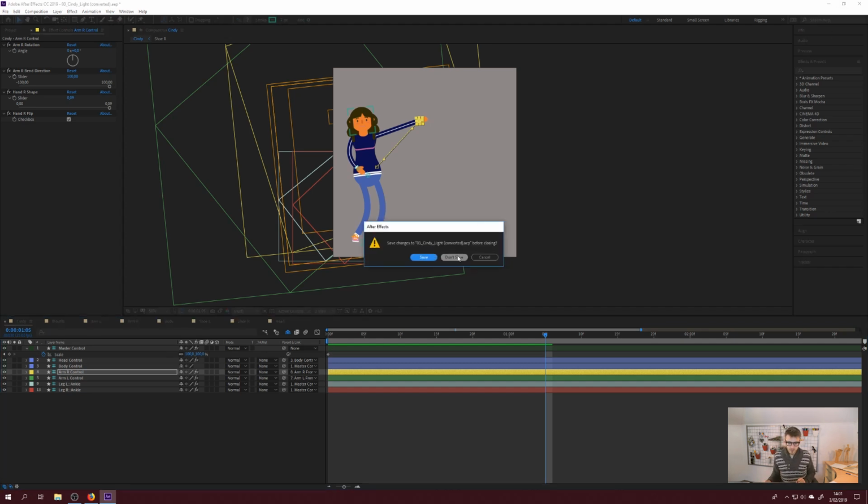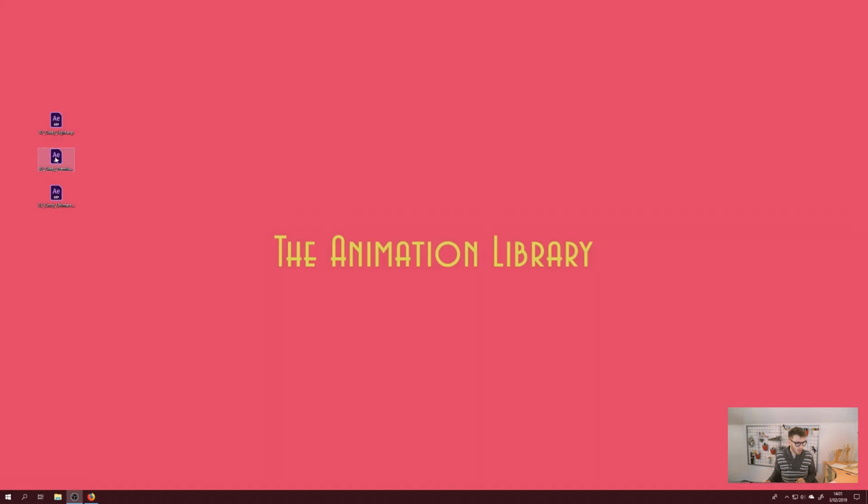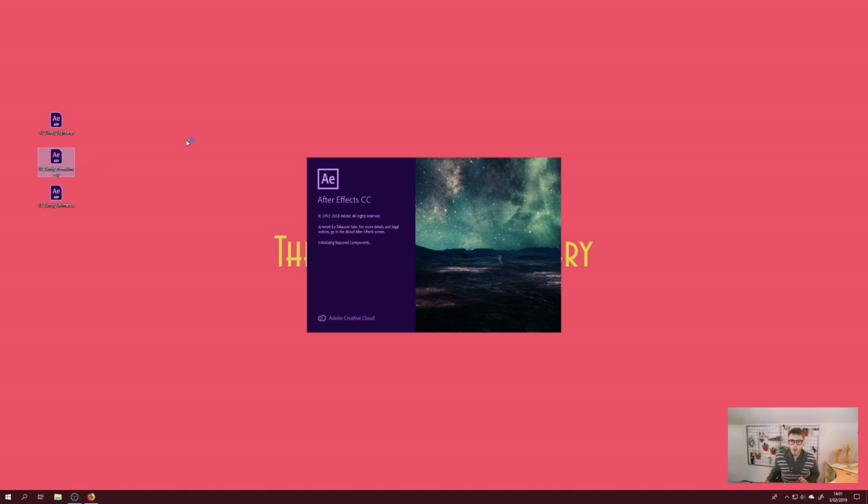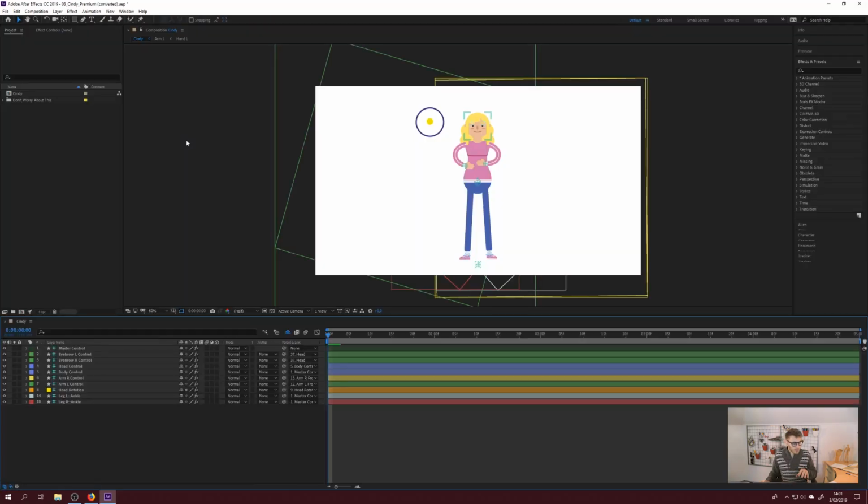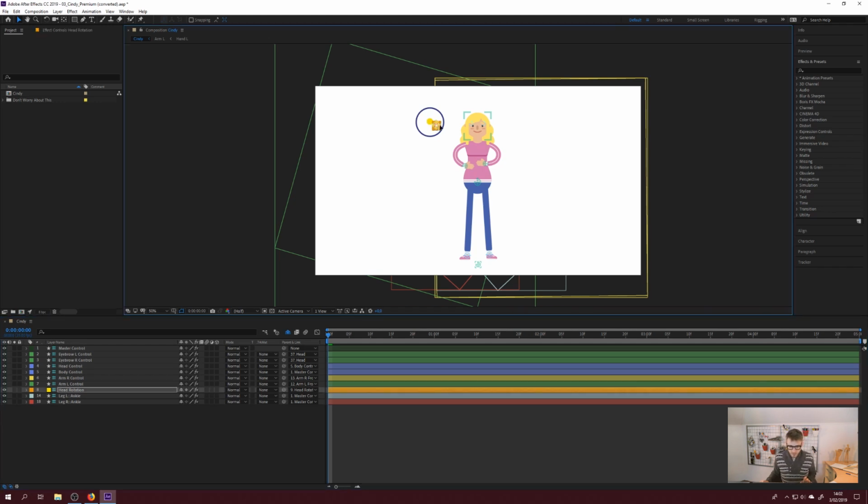Let's close this, don't save, and open Cindy Premium. Okay. The first thing you will notice is that we have a few extra layers and also a few extra controllers in the screen. And the first I want to talk about is the head control, because this is really cool. If you click this yellow button,